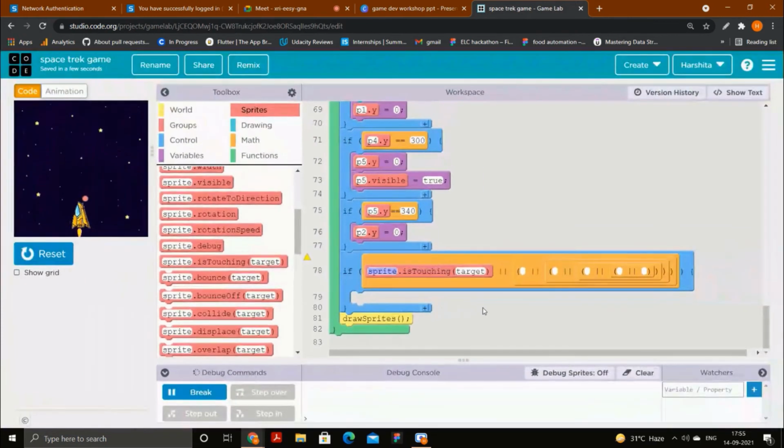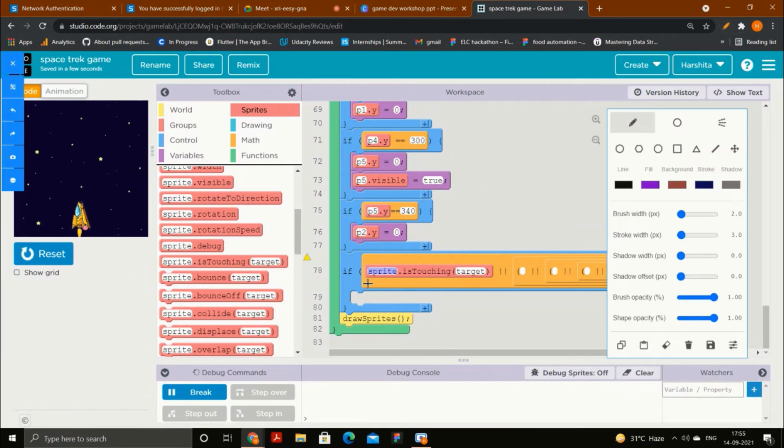Now just try to understand what is written here. It is saying that the sprite, meaning the animation, is touching a target. So we need to give it two values.